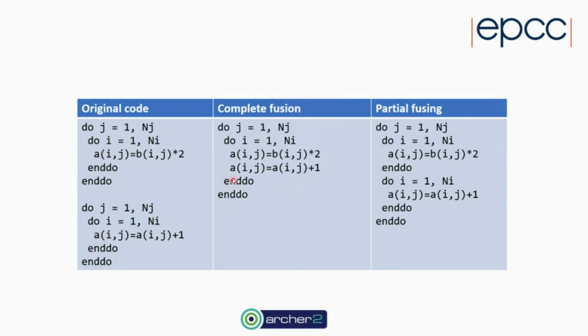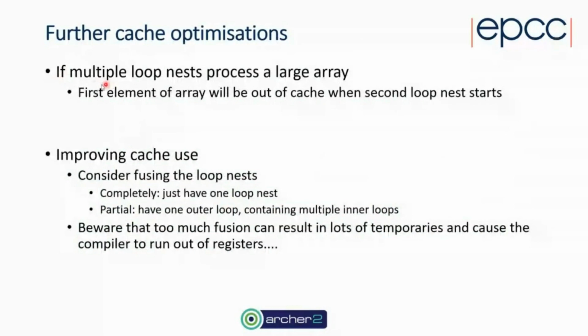Whereas what we can do is fuse these loops together and do the A equals B and the A equals A plus 1 in the same place. So once we've loaded A in here, then we're reusing that in cache and we don't have to do that second data load. And so that can address this problem. But if multiple loop nests process a large array, the first element out of an array will be out of cache when the second loop starts. So we can completely